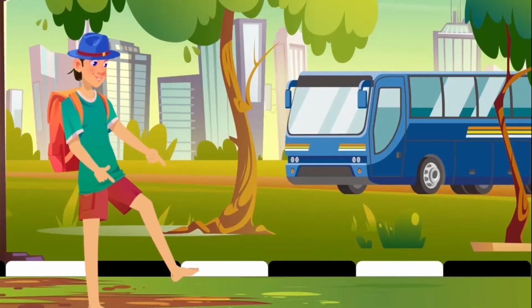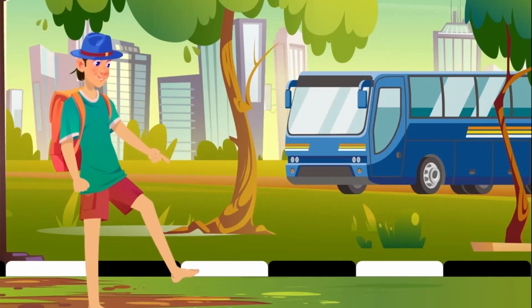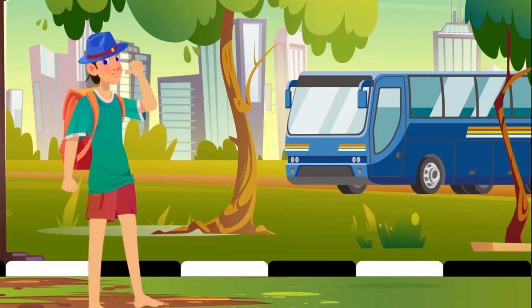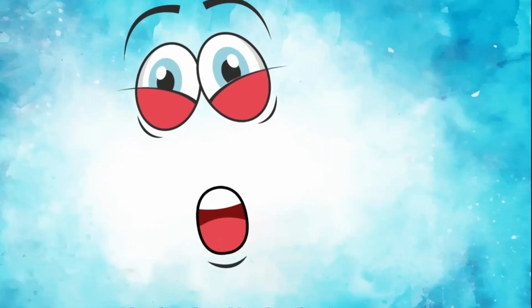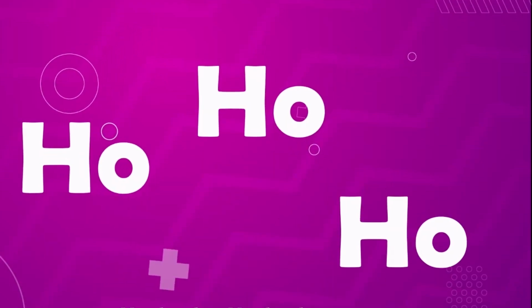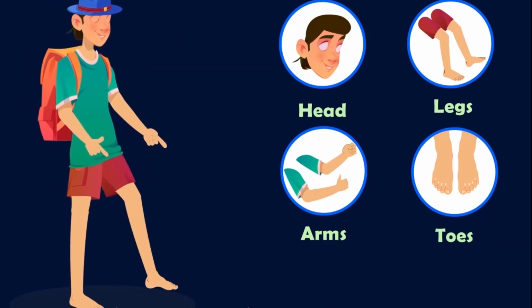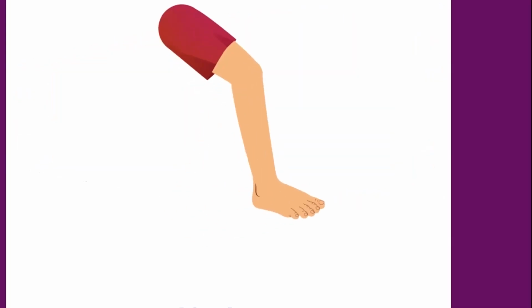It's a bus, it's a leg, it's a hat and it's a bag. Ha ha ha, ho ho ho, mouth and ears and eyes and nose. Ha ha ha, ho ho ho, head and arms and legs and toes. It's a bus, it's a...